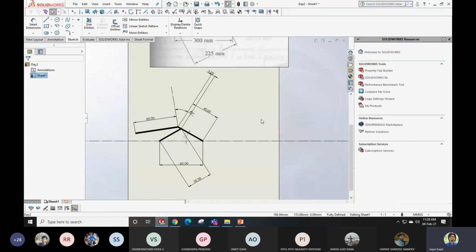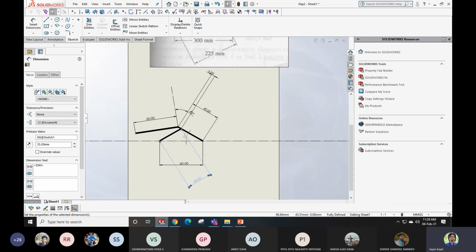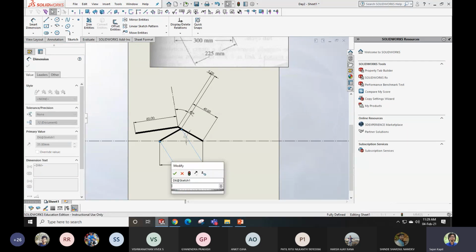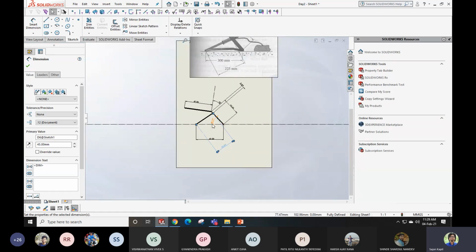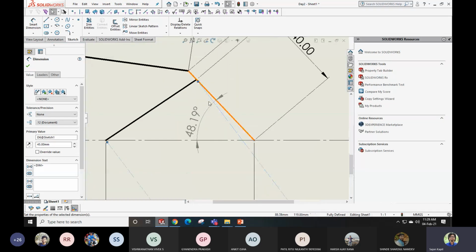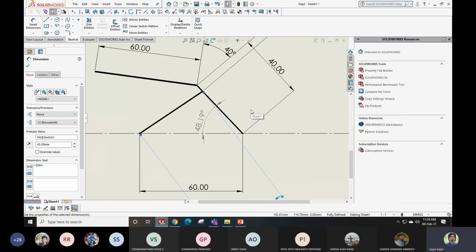Look at the exact answer. So I have drawn this linkage. If you want, I can quickly draw it. But there's one more problem we need to do. Initially, how much is it? 225 by 5. That is the distance. So the angle is 48.19 degrees from the ground. This particular angle I am measuring. Which one am I measuring? I'll just show it to you. This angle. Okay, this is 48.5.